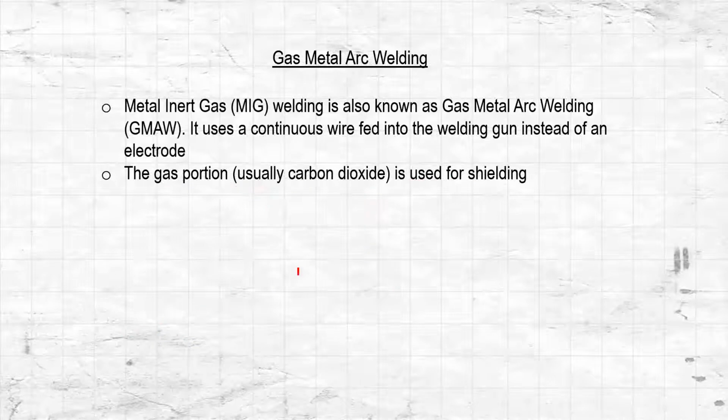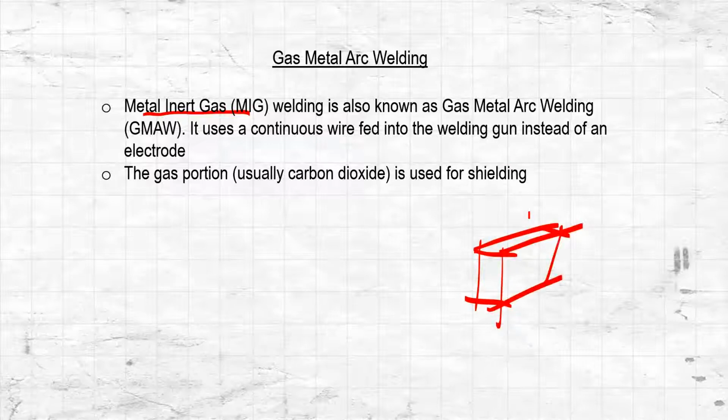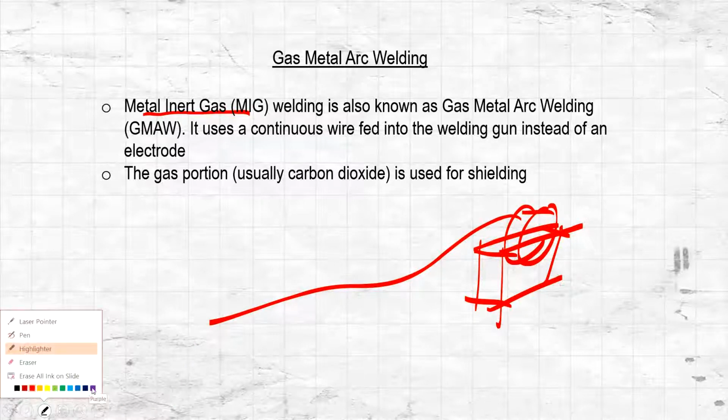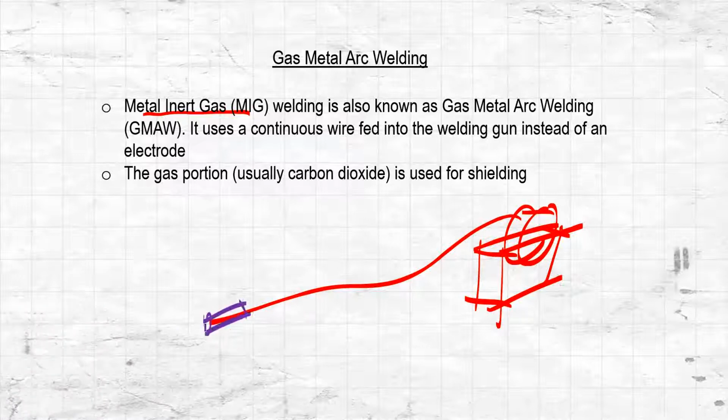Okay, and gas metal arc welding, or metal inert gas, or MIG welding, uses a continuous wire fed into the welding gun. So this is, for example, the welding machine. There's actually a spool of wire, a thin wire, and that wire exits the handle right here. So let's say we have this handle